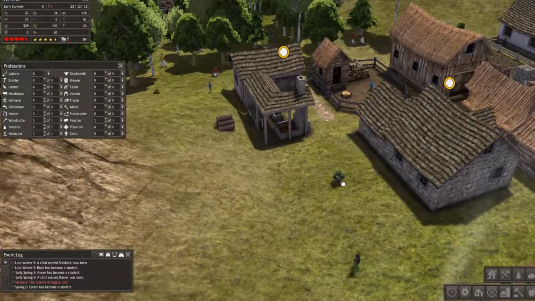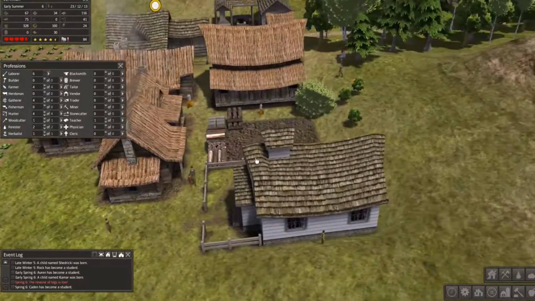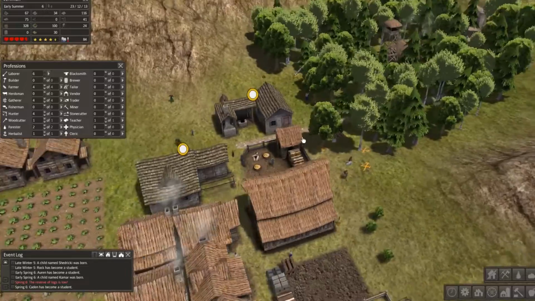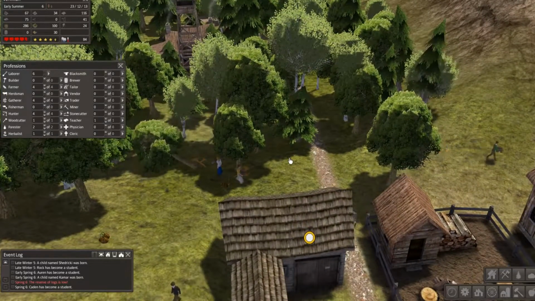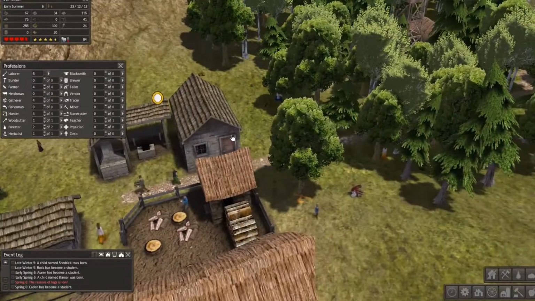Saplings probably don't give as much wood as the mature trees do. Just a common sense guess there. Don't actually know the answer to that, but